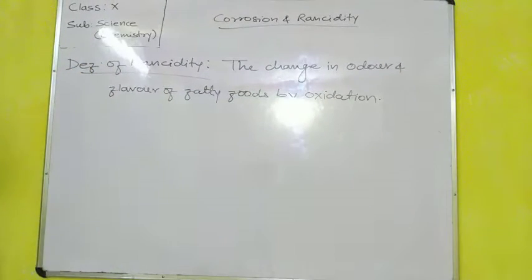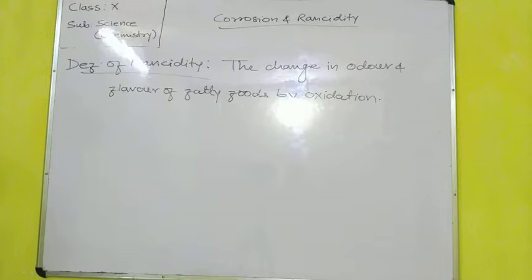So when we keep any oily food in open surroundings, either vegetables, cooked vegetables, or any other oily foods, and it remains for a long time, 2-3 days, it is oxidized and it is spoiled. You may get a smell from the food items. So how can we prevent it? How can we keep the food items for a long time?